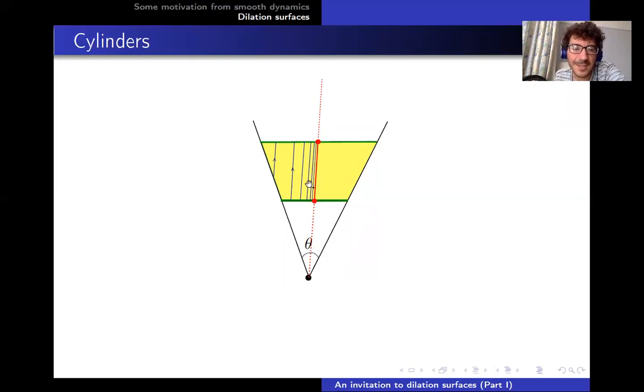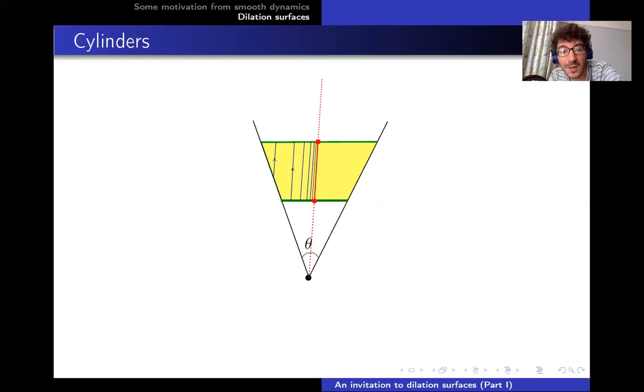So this is a sort of geometric realization of those attracting periodic orbits that I mentioned during the first part. And so whenever I see a cylinder in a dilation surface, then I see some periodic orbits for the corresponding foliations, and I see some form of stability, because you see this red line. If I move it a bit, if I take an angle that's actually contained within the angle of the cone, then I see another periodic orbit